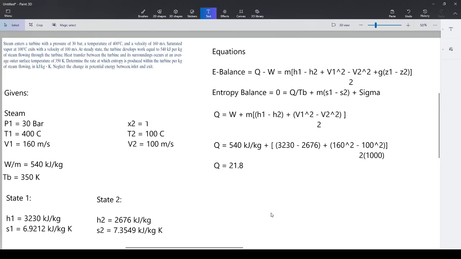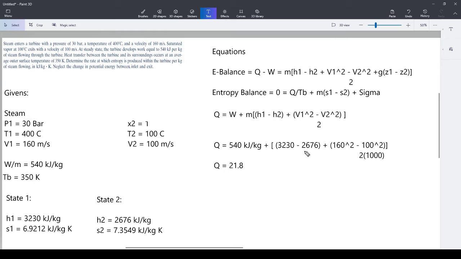And really fast, you might be wondering, if you do this math out, you would find that this would be a positive number here. And you would be correct. The way I wrote it, I should have had these backwards. If you did this math out, you would realize that this number would be like 500 plus another 540, which would be over 1,000. But I know that I have to subtract it because heat transfer can't come into this system. If the boundary temperature is less than the temperature on the inside, it has to go the other way. So that's how I knew to subtract it.